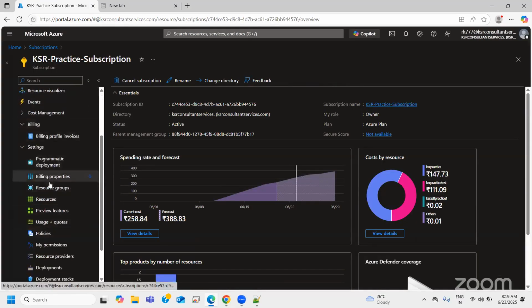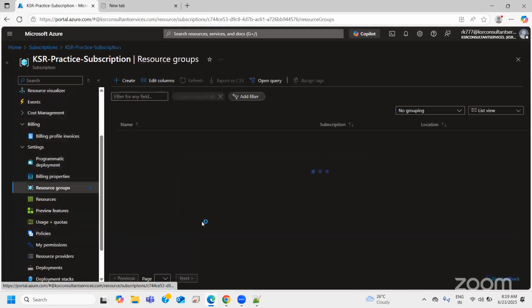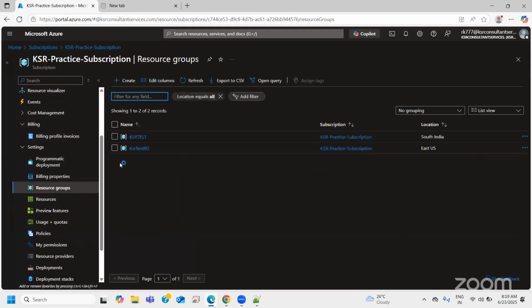Now you can go ahead and create a subscription. You can go ahead and create a resource group. Nothing will be charged. But once you create a resource group and start creating resources in it, maybe you have created ADF, even though you do not use it, ADF will start charging you 1 rupee or 0.50 paisa for one day. Even if you do not use it, it will still charge you because some services are created. If you create an ADF, somewhere it will occupy some storage, and some services will be activated in the background. So that is how the billing happens.